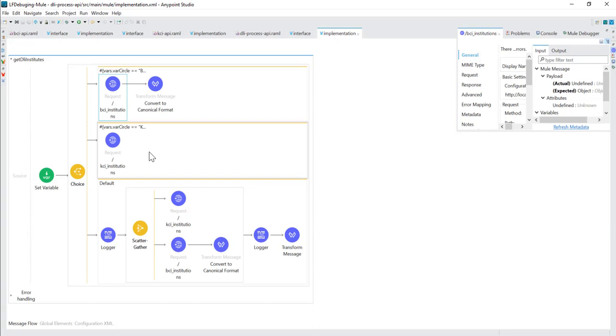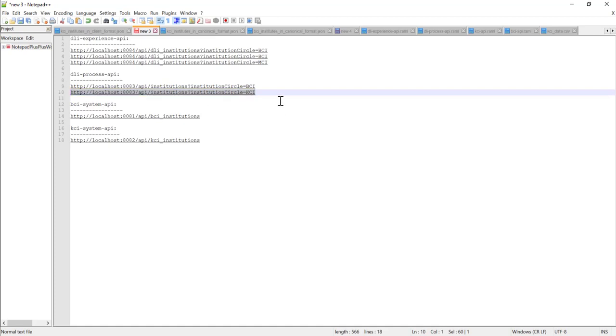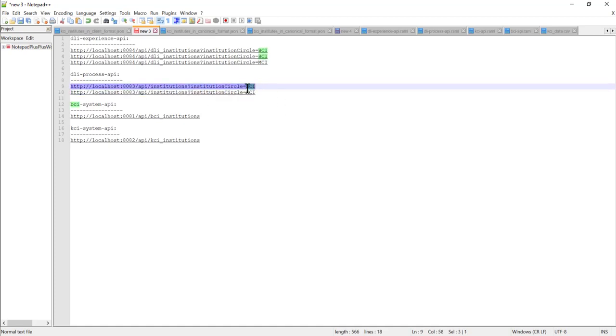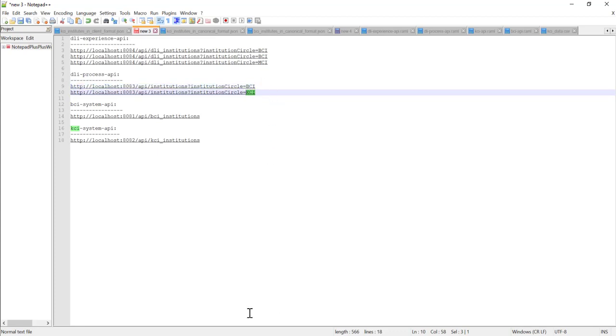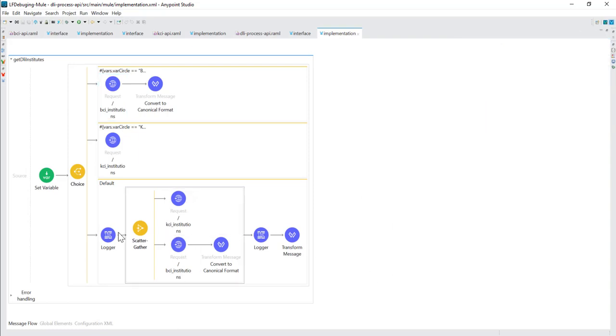And if you remember, we mentioned in the requirement that if the URL is not having any data that is either BCI or KCI, if it is having any other value, at that time we need to call both the flows to get all the data, right?